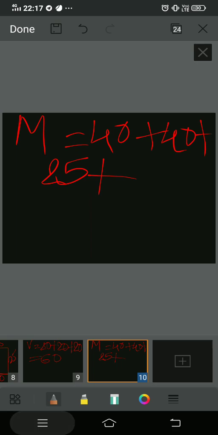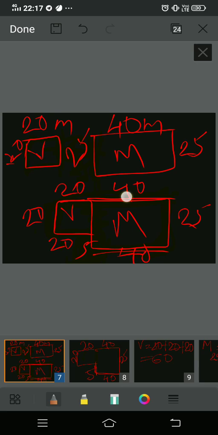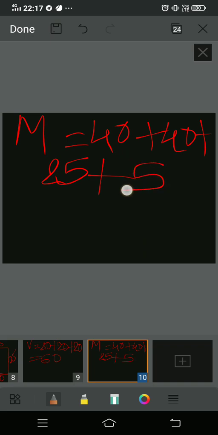Okay, and 40, we took both the lengths 40 plus 40, and one width we have taken, and 5 is still remaining, right, extra 5 that is left, here also we will fence, so that 5 is also there. Okay, so 40 plus 40 plus 25 plus 5, you will get, children, 110. 40 plus 40, 80, and 80 plus 30, you will get 110. So 110 is the measurement after merging the plot of Manoj and Veena.